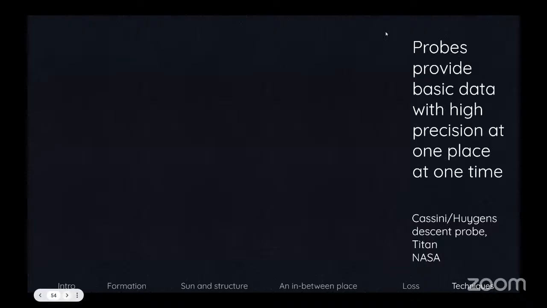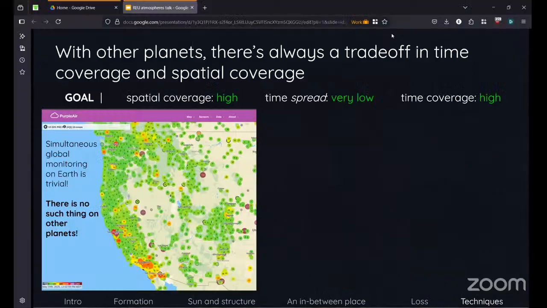Okay, so I've been talking a little bit about where we can get data and to what extent. So this is just to hammer that point home. On Earth, we have so much data. We have so many sensors. This is just an example from Purple Air, which tracks the air quality, which we use a lot during the summer. It's simple to get a sensor. You can just buy one and put it up at your house. So we have lots of data. We are covering the whole planet. We can get these measurements simultaneously, and we can do them for very long times because, of course, our climate is stable. It's not quite as hostile as, say, Venus. So this is kind of the goal. This is how much data we would like to have about other planetary atmospheres.